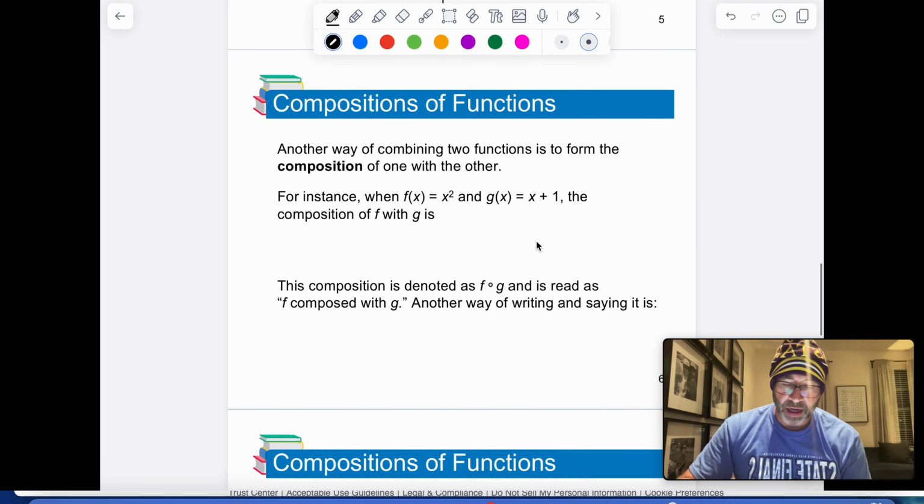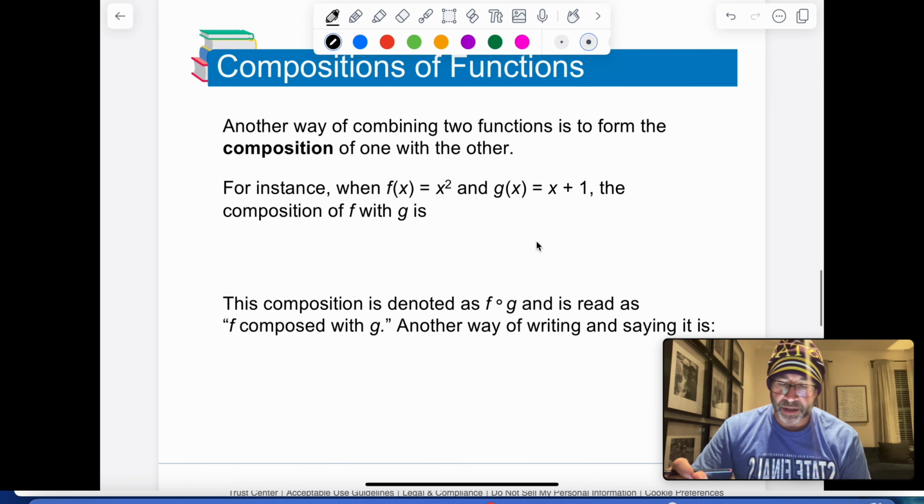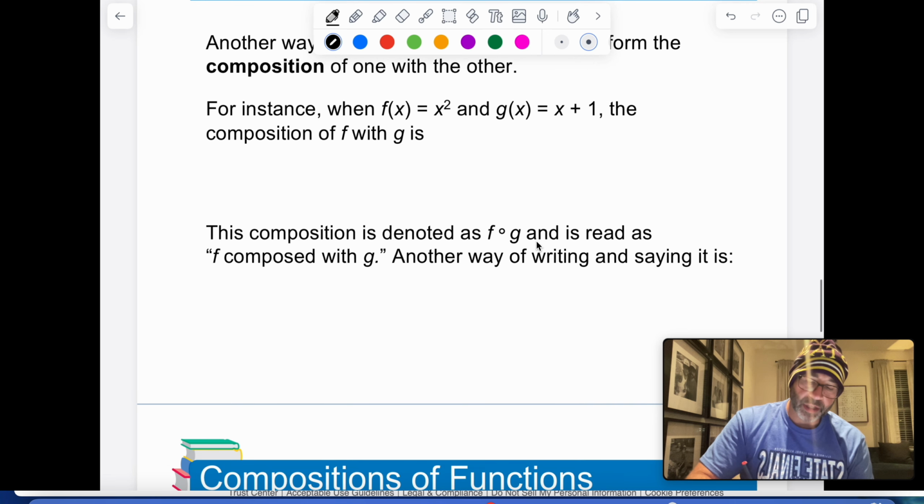All right. So another way of combining functions is to form the composition of one with the other. That means we take one function and we put the other function into it. So when you see this, you're going to see f of g. You're going to actually see it quite frequently. When we see f of g of x, what this says is to take g of x, whatever g of x is, and put it into